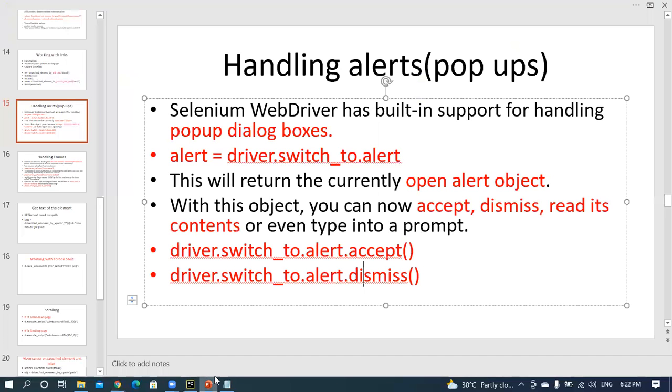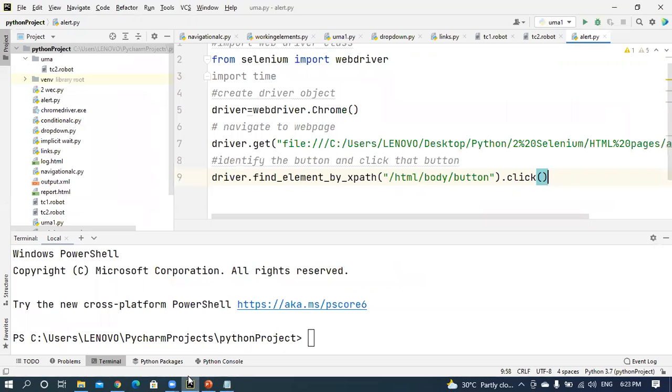To handle it, you have two methods: switch_to.alert.accept method, and switch_to.alert.dismiss method. With those methods you can accept or dismiss.